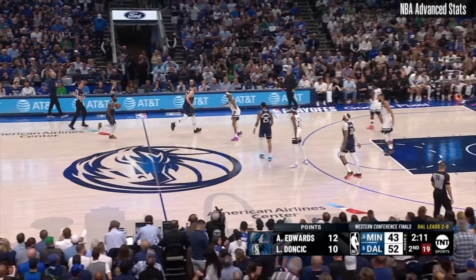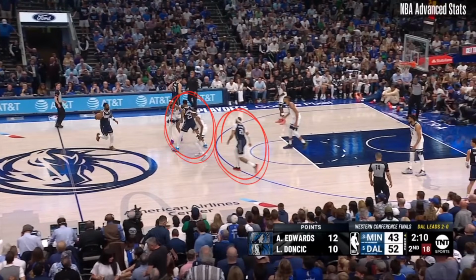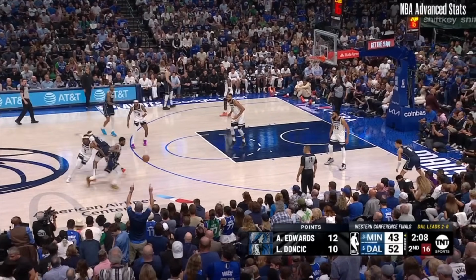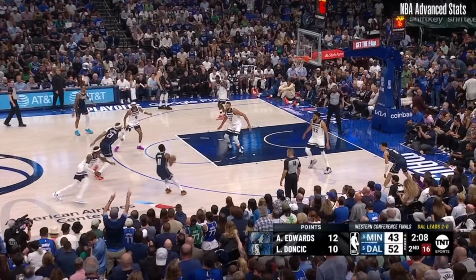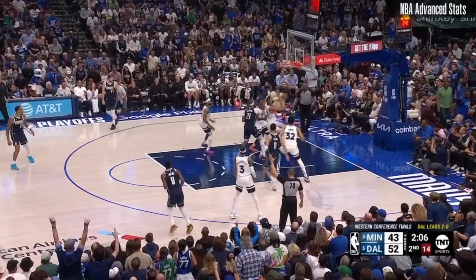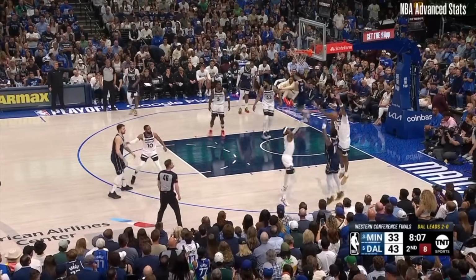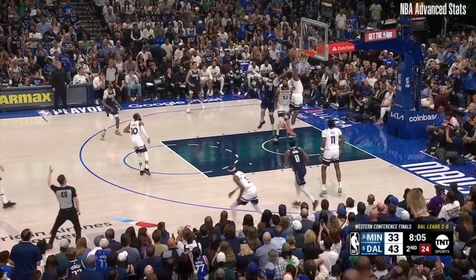Now on this play, Kyrie is working off these staggered screens, and with Gobert sitting back in drop, notice how Kyrie is going to both come tightly off the screen and push the ball out into this left-right 3. And Irving's ability to quickly get shots off both off the dribble and catch allows him to effectively space the